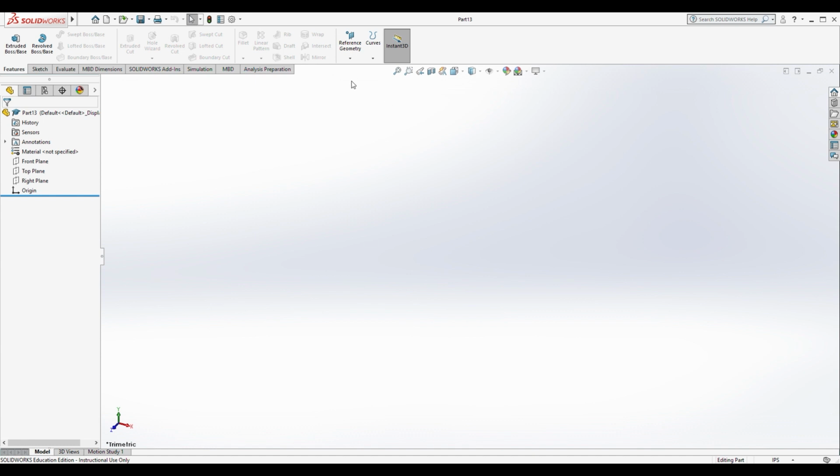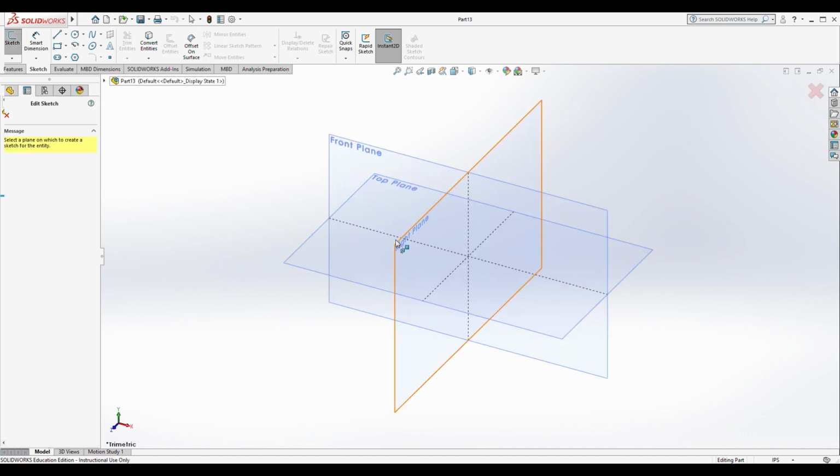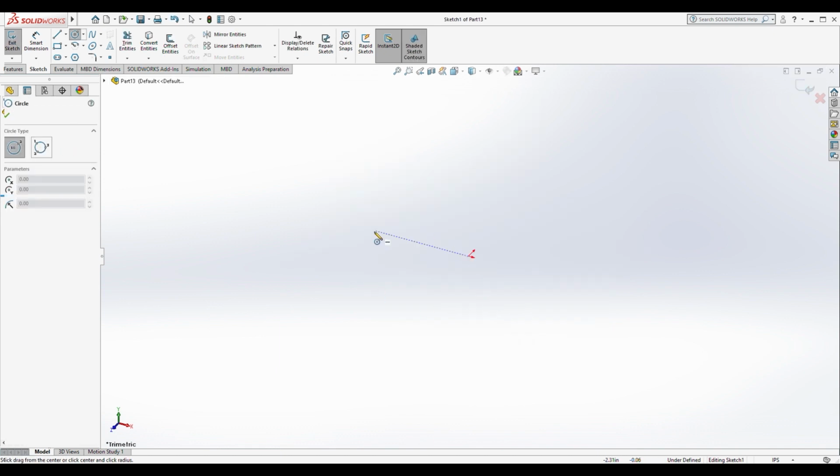Okay, let's start out from the top view. So let's go ahead and hit sketch. Are we in IPS? Yes, we are in inches. Sketch. Let's draw on the top plane here. Let's go ahead and hit Y to get that all straightened out. And this first circle is going to be a